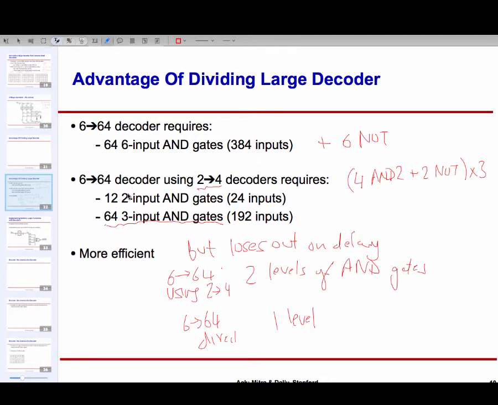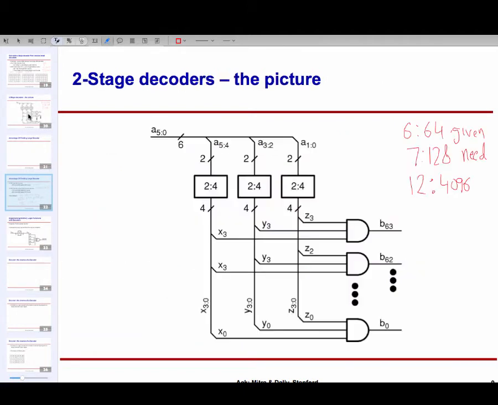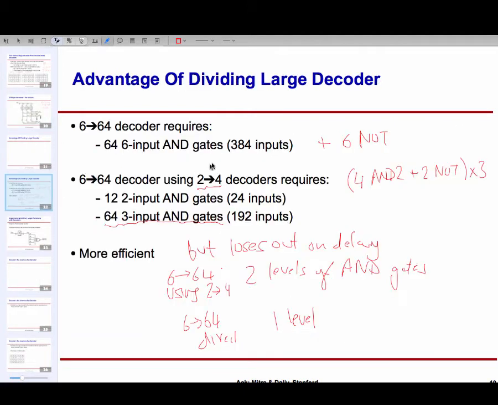With the approach we outlined just now, there are 12 2-input AND gates, 64 3-input AND gates, and also a certain number of NOT gates. Combine all of these together, and the cost is lower. So it's more efficient area-wise, this approach of using smaller decoders and then combining them.